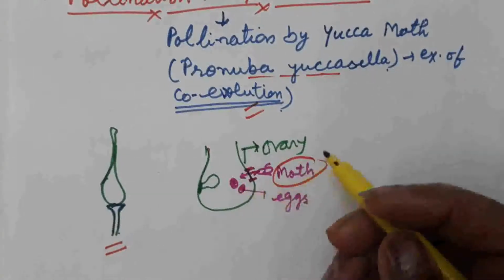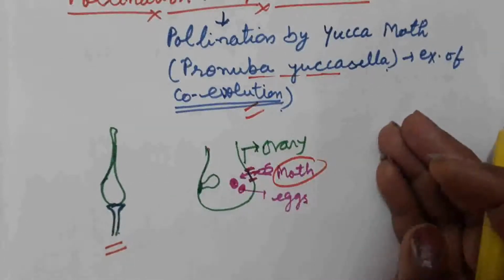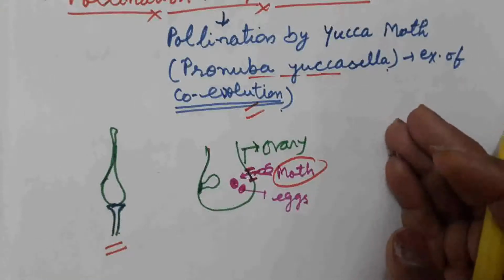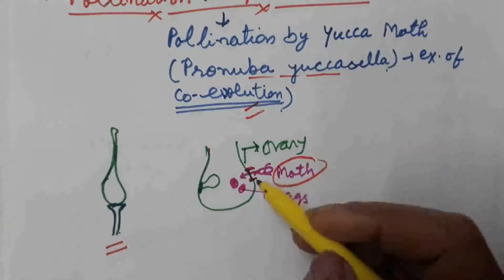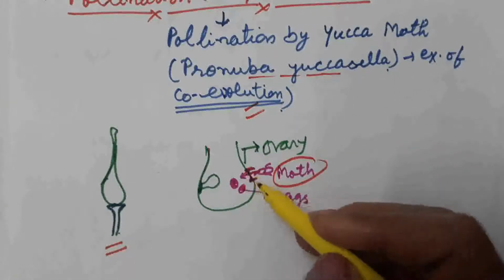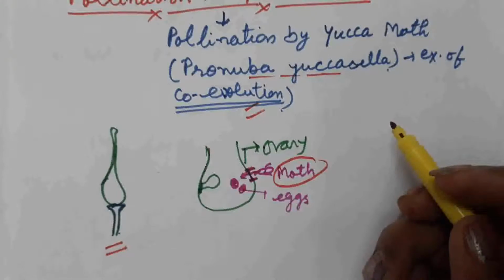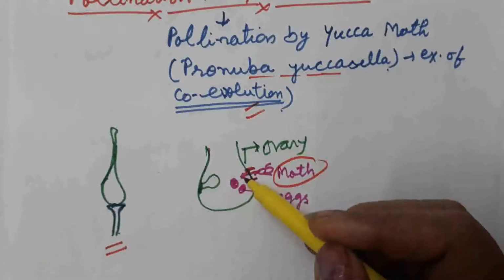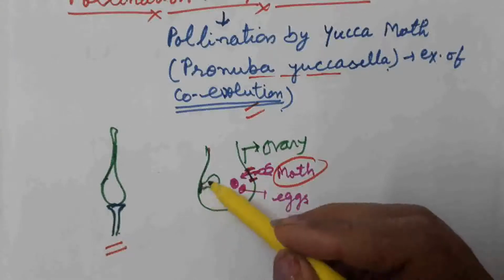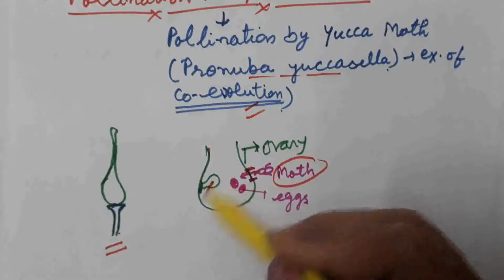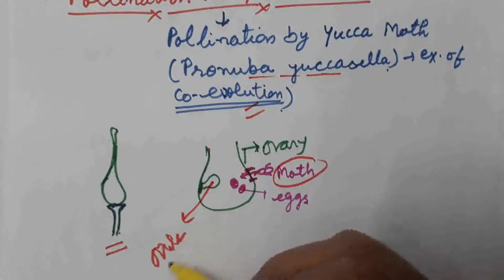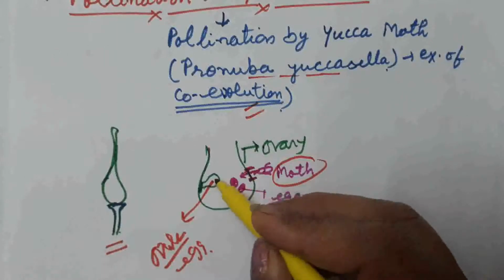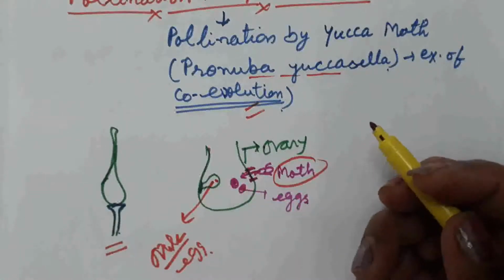After laying its eggs, the moth goes into the environment again, collects the pollen grains of another flower, and then comes back and seals this hole with the help of the pollen grains of the other flower. So it helps in cross pollination. Inside the ovary, pollen grains are present, and at the base of the ovary, the ovule is present, in which the egg, the female gamete, is present. Pollen grains germinate and pollinate the flower and fertilization takes place.